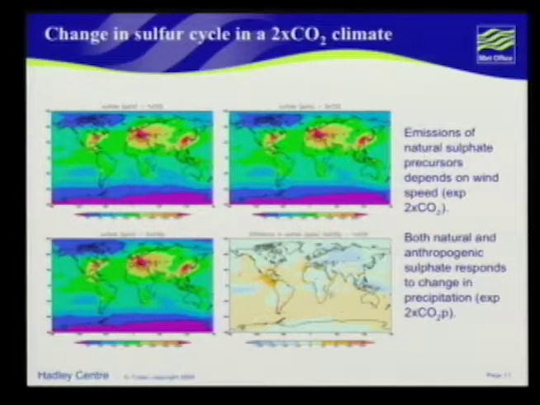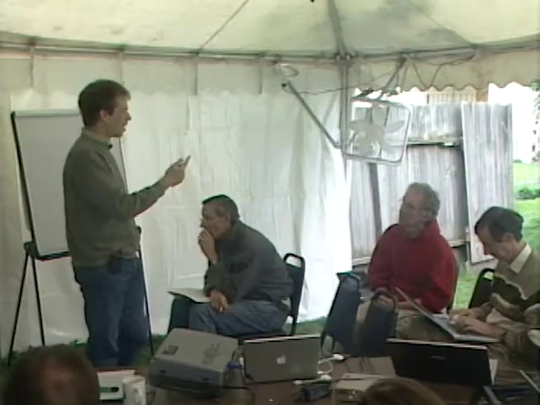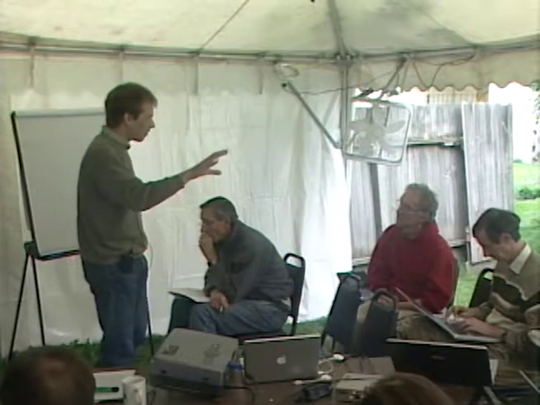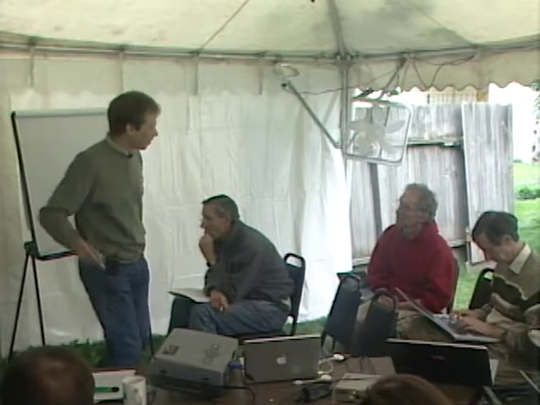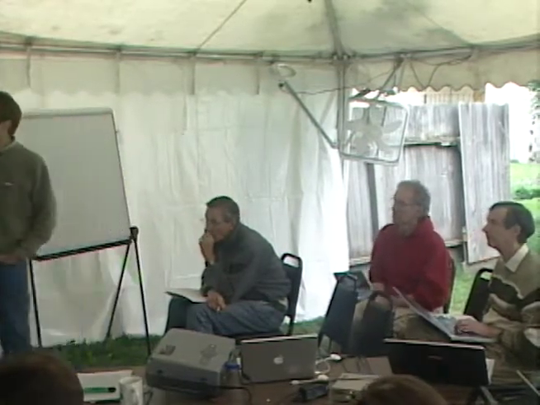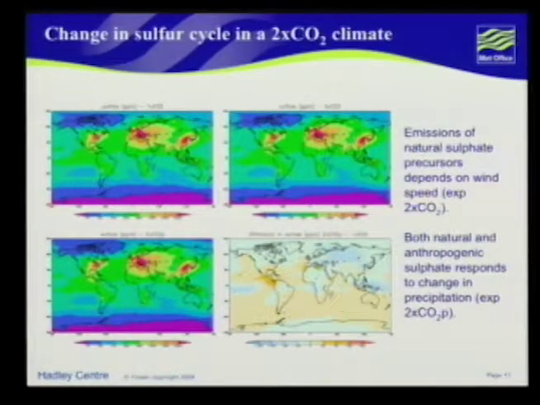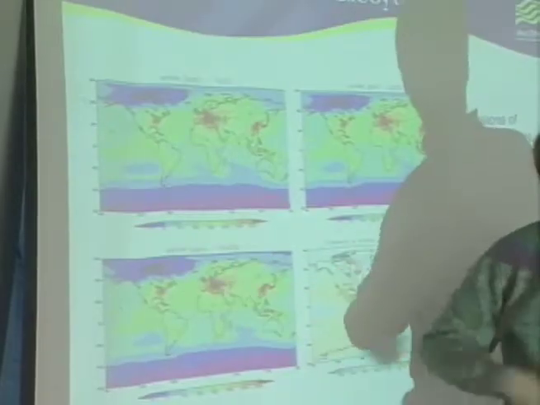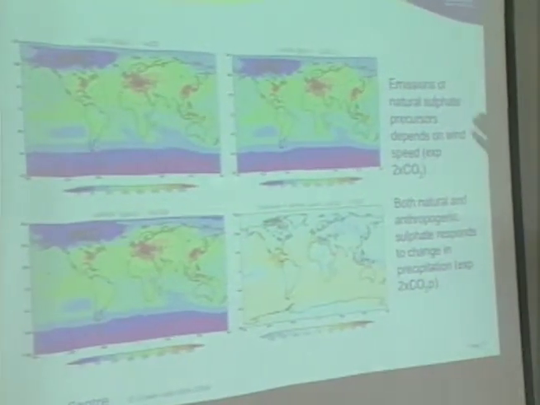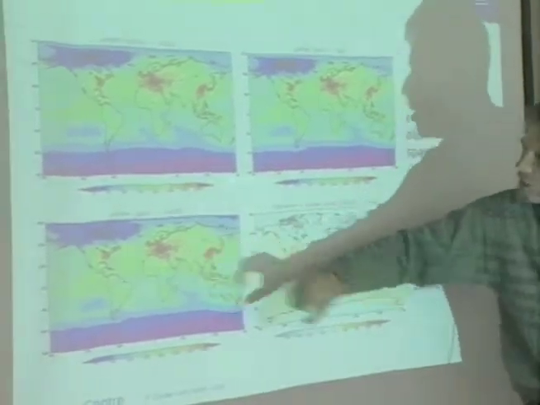Yeah, but the coupling is all done offline, sequentially. So we've got an experiment of climate change, which has then driven an ocean carbon model, and then we're using the DMS of that model back in the atmospheric model. It's all decoupled. And you don't see much of a difference here, but I'll come to the difference later on. So that is just changing the emissions of DMS. And then if in addition you change the precipitation, you're going to change the scavenging of the natural aerosol and the anthropogenic aerosol. And again, it's for fixed anthropogenic emissions. You get that sort of distribution.